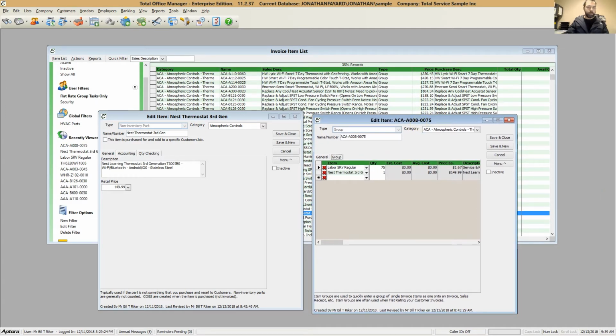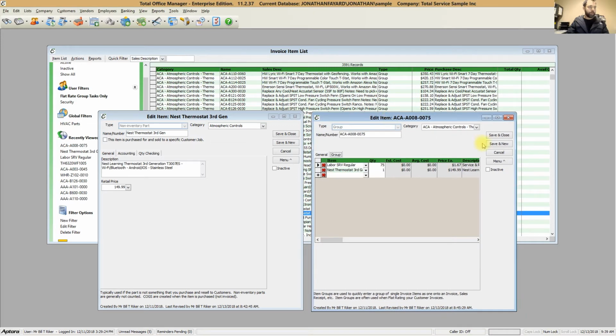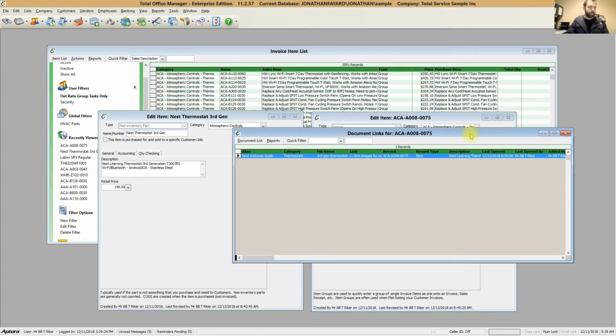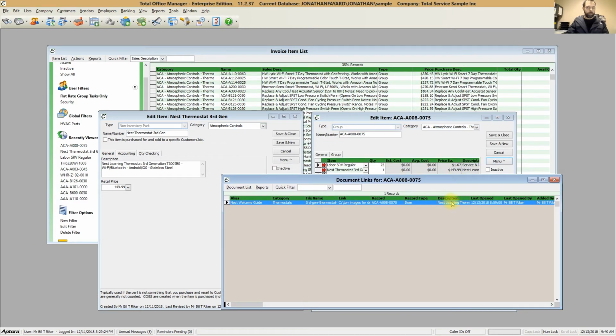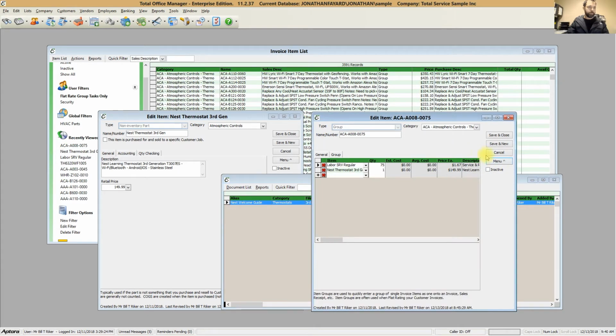So once I made these, I made the non-inventory item and the flat rate task item. I then went into the group item right here, and we go into the document links for it. This is the document that I attached to it. And notice that when you're making these things, if I go into menu and go to new document link, when you're attaching a document to anything in the software,